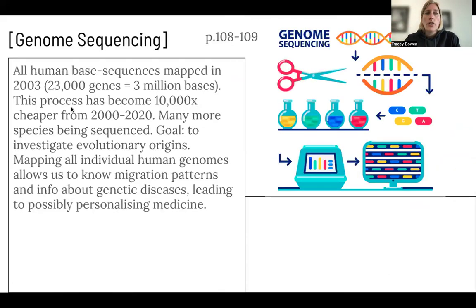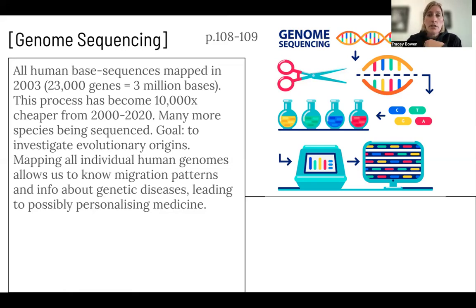So all human base sequences was mapped in about 2003, and there were 23,000 genes, which was about 3 million bases. This process has become way cheaper now, so about 10,000 times cheaper than it was in 2000. And so obviously many more species are being sequenced, and the goal is to investigate the evolutionary origins of different species. Mapping all human individual genomes allows us to know migration patterns and info about genetic diseases, and that leads